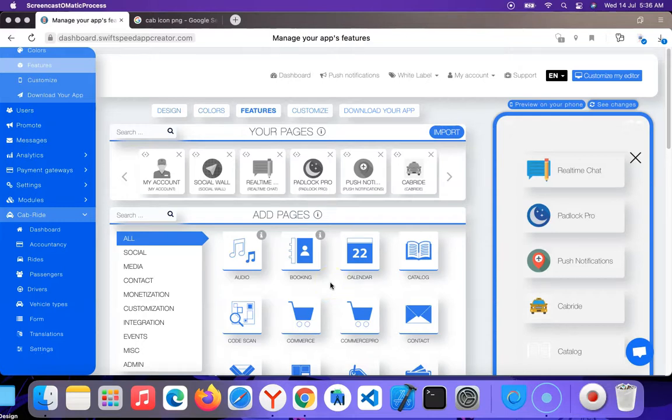From the name catalog, let's say for example, you want to create a listing of items that you sell, like a product listing, item listing. Let's say you want to display your furniture, your artwork, or just showcase your product. You can use the catalog feature. It can be used in different kinds of use cases for marketers, for vendors, for